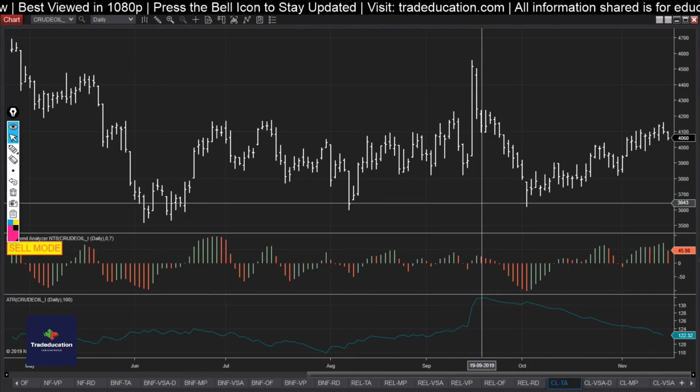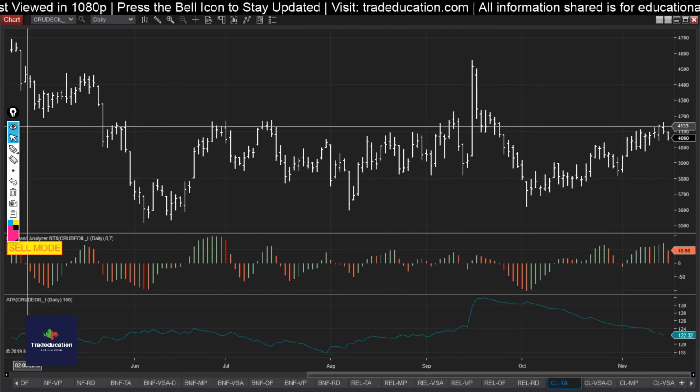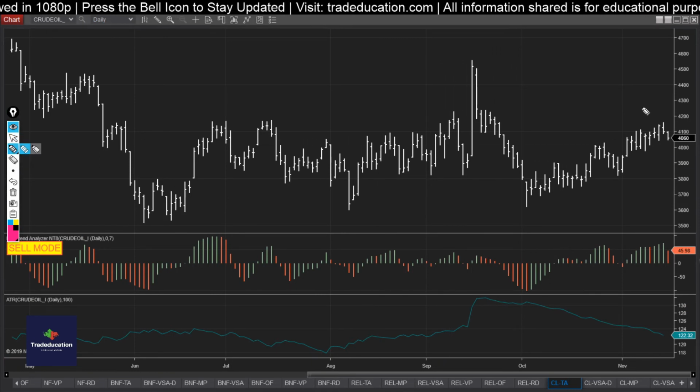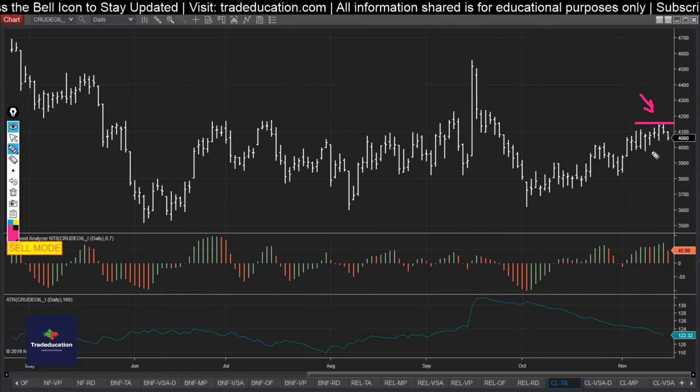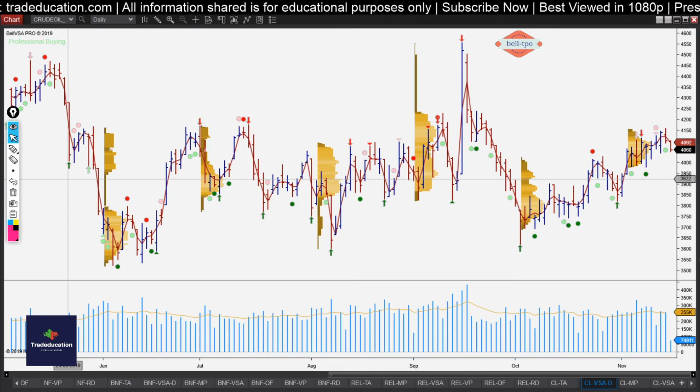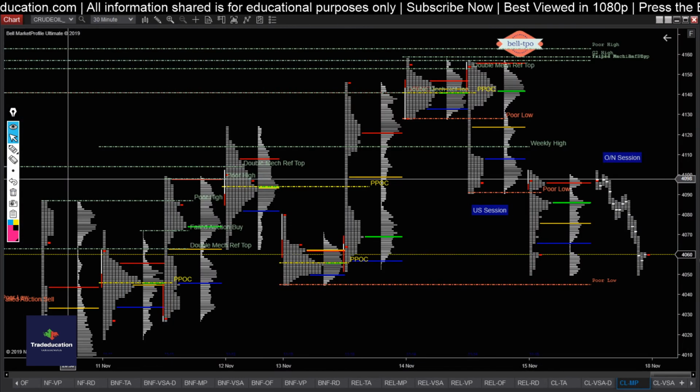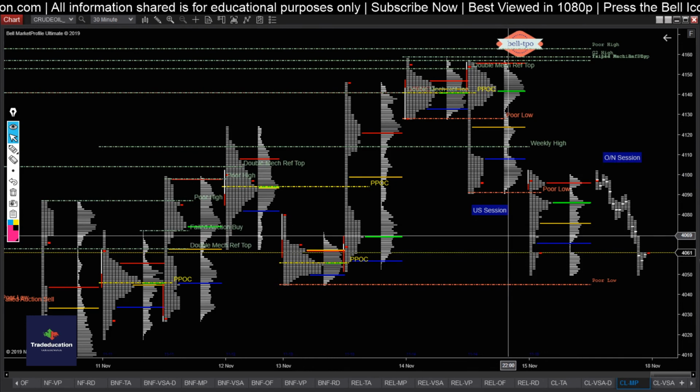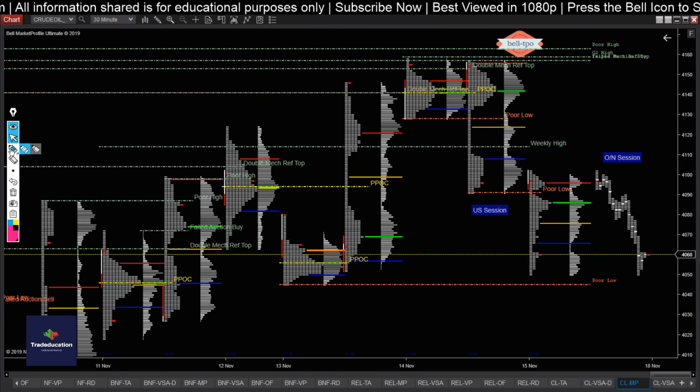Now let me quickly jump to crude oil, and crude actually gave pretty good indications of going short right from today's opening. I'll share that from the market profile chart. It's again trading in a big range, and this is a swing level high, wherein sellers started stepping in. Let me quickly jump to the market profile chart to explain why. I was telling you that there were references for going short in crude right from the open.